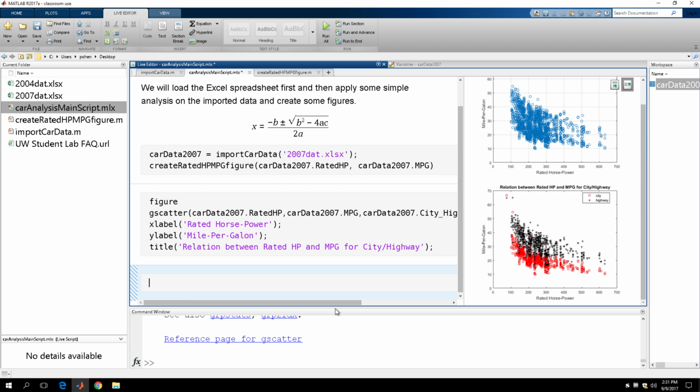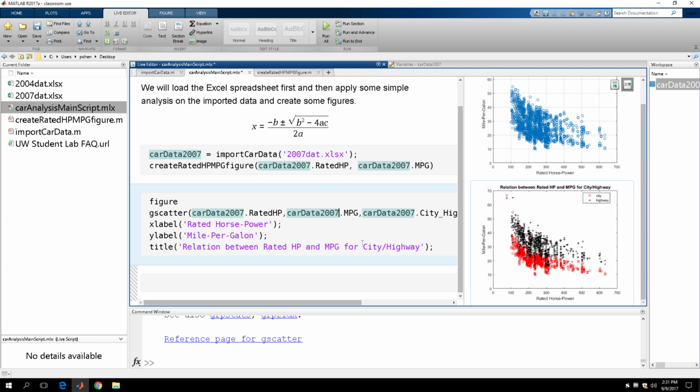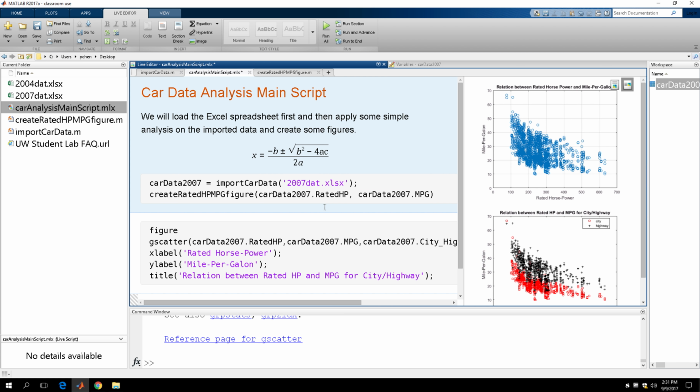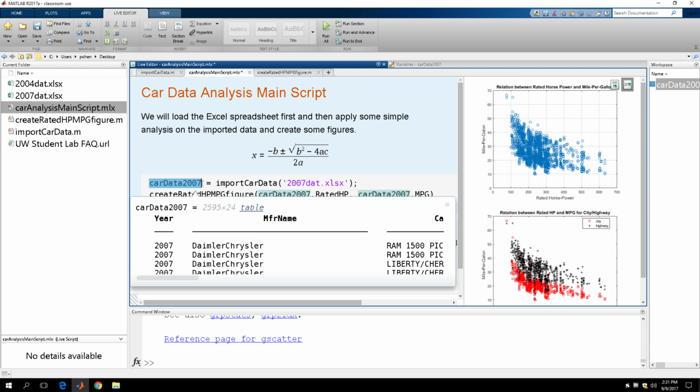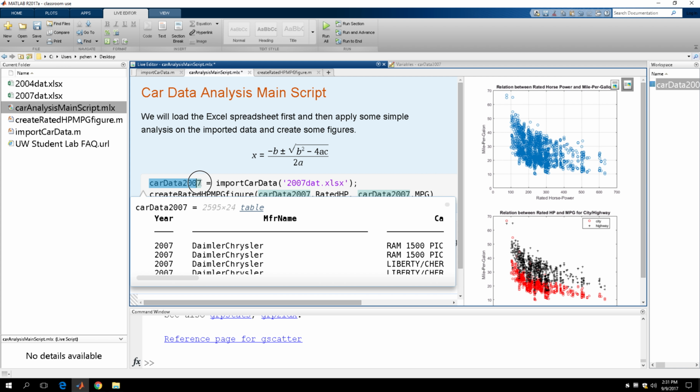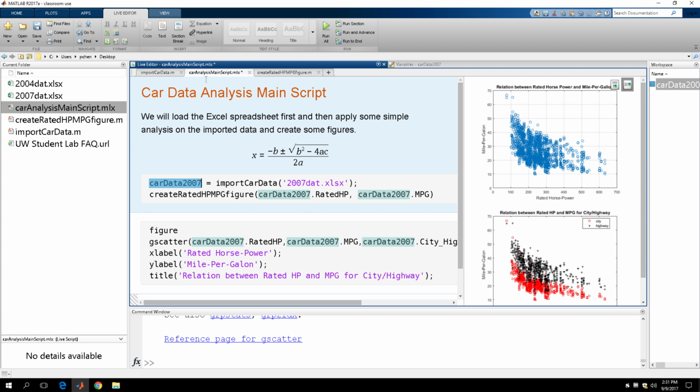The first thing we're going to do is to change car data 2007 to car data. Later on, if we want to apply the same script to a different dataset, for example the dataset for 2004, then we probably don't want to keep using car data 2007 as our variable name, right? Because it's going to be a different dataset, right? So if we want to do this kind of replacement, let's just select it, and then